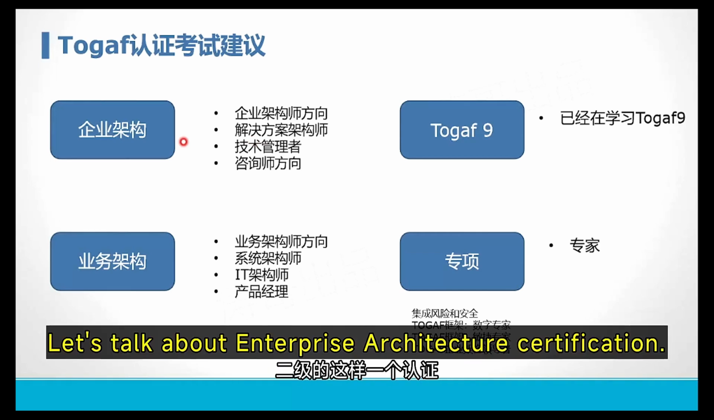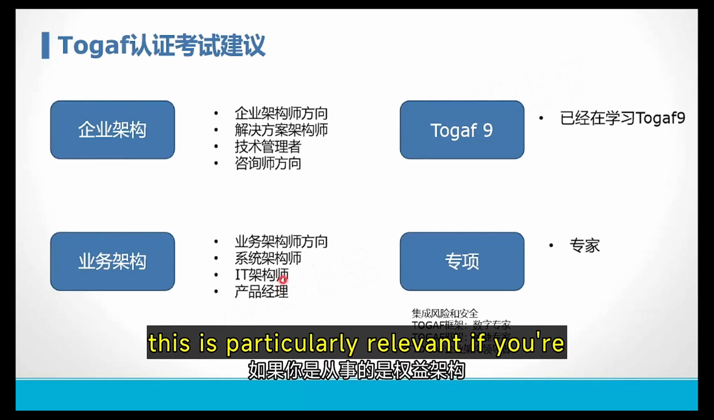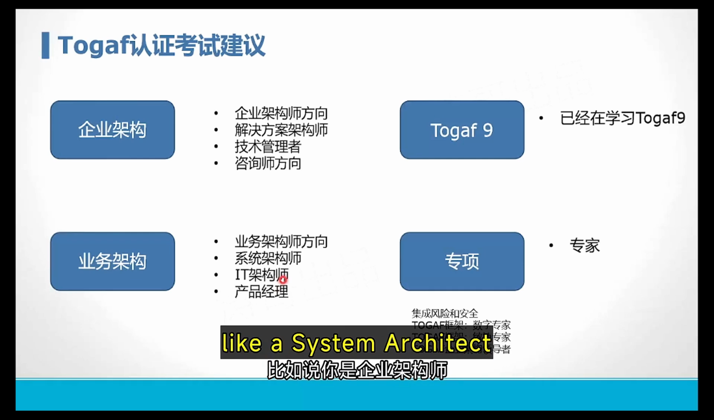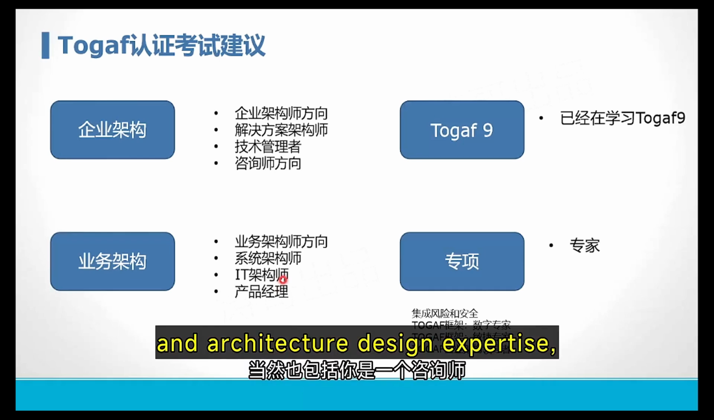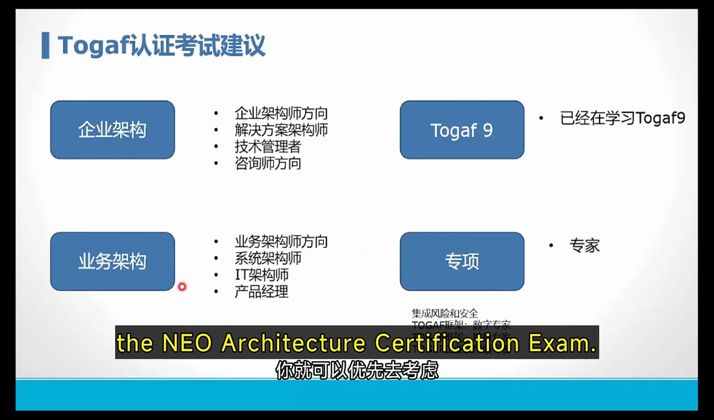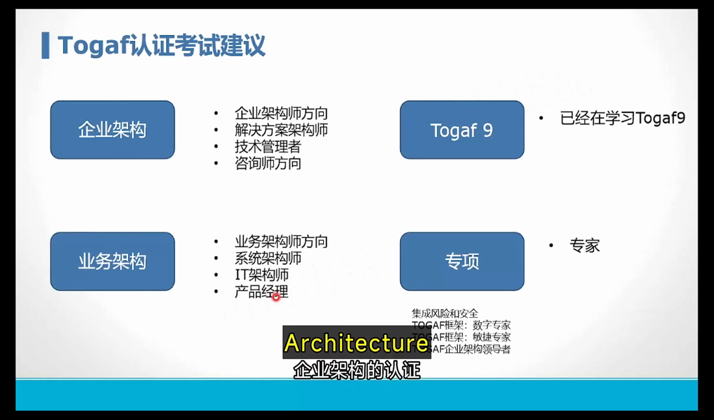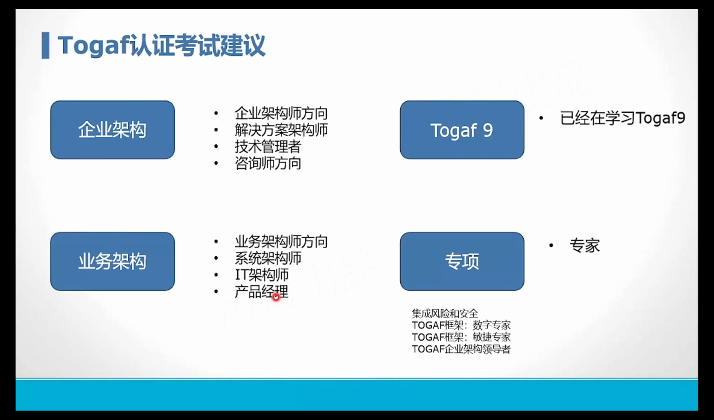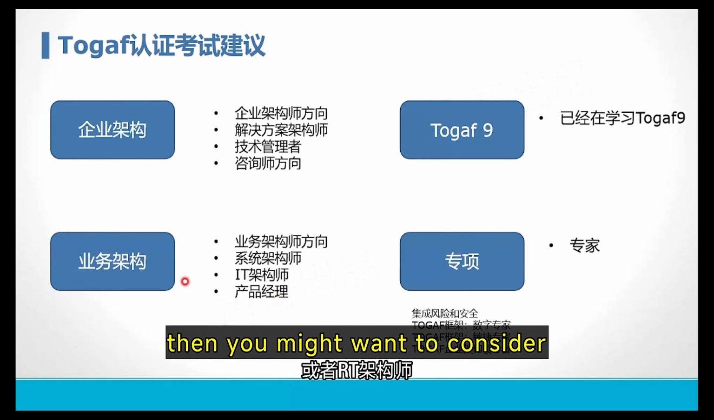Let's talk about enterprise architecture certification. If you're interested in this field, especially in becoming a business architect, this is particularly relevant if you're someone with a technical background, like a system architect, or an IT architect. If you want to boost your business skills and architecture design expertise, you should consider taking the annual architecture certification exam. This is also relevant for those in product management, product architecture design. If you work in application architecture design, then you might want to consider taking the annual architecture